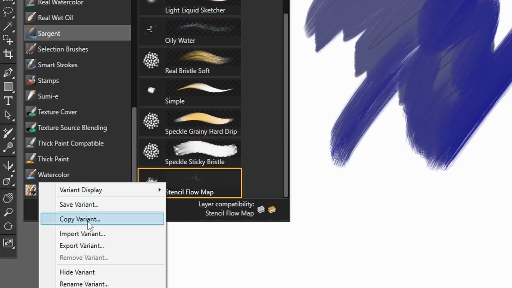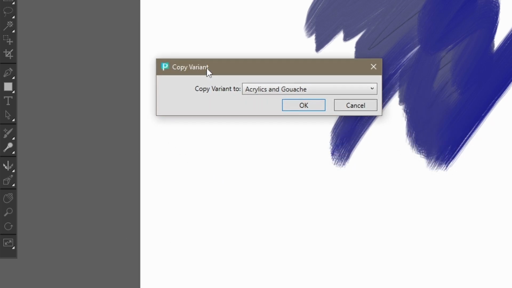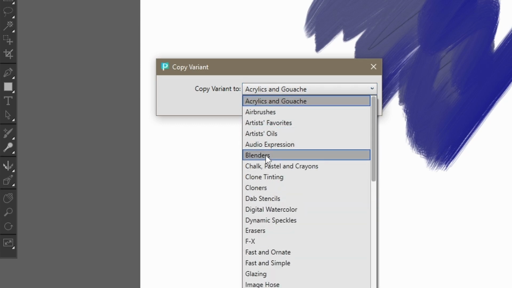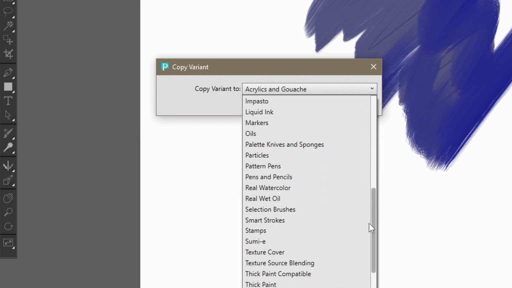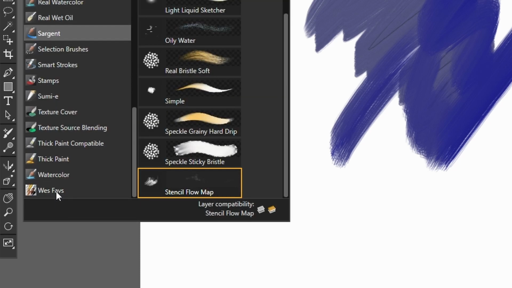But if you copy the variant, it's going to ask you, where do you want to copy this brush to? Copy variant to, and now as I click this down, you can see blenders, chalk, dab pencils, digital watercolor. I scroll all the way down, I go to Wes Faves, I click it, hit OK. Now, next time I go to Wes Faves,